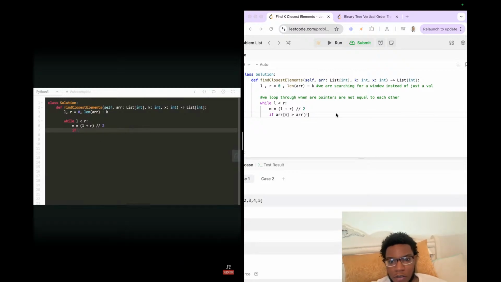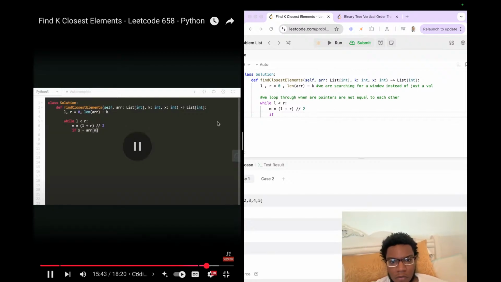I'm not sure. Let's see. If x minus array mid